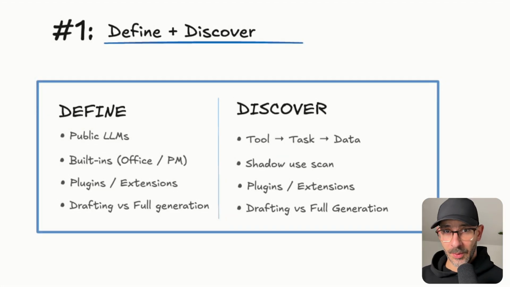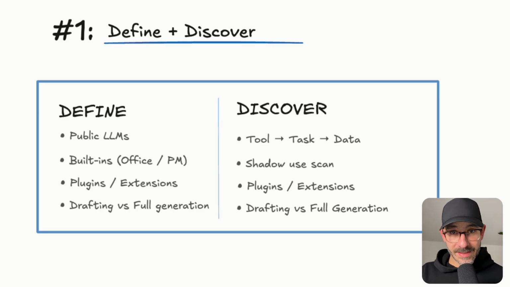Building block number 1. Define the scope clearly. An internal AI policy starts with 2 moves: define and discover. Define first what counts as AI use. So which tools fall under the policy? Public LLMs, embedded assistants, office case systems, transcription, summarization add-ons, browser extensions. List them all here. Define what qualifies as AI-assisted drafting versus fully AI-generated content. And define which contexts are covered: internal, client-facing, and personal experiments on firm devices and accounts.